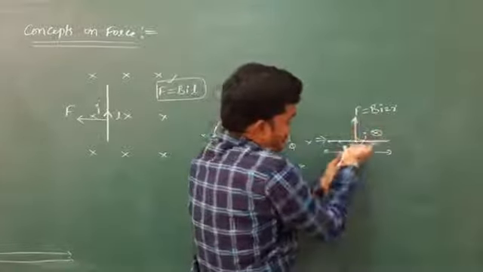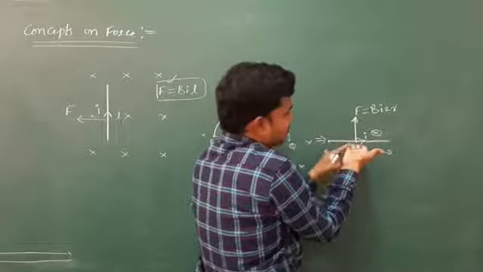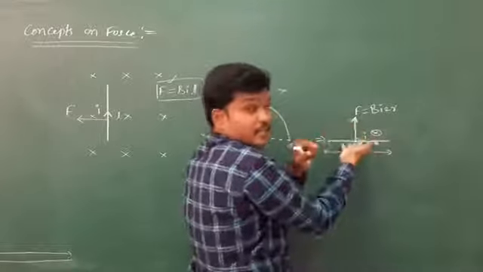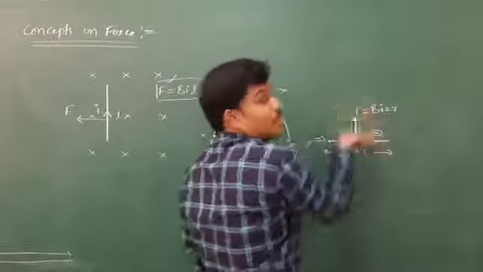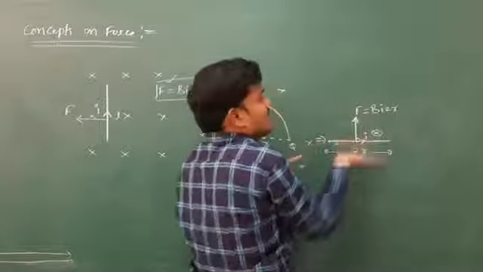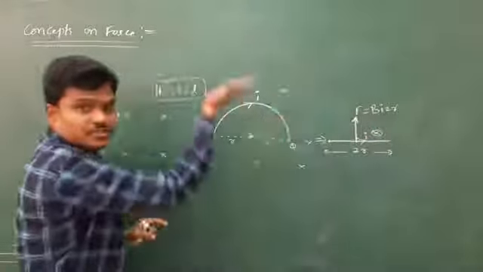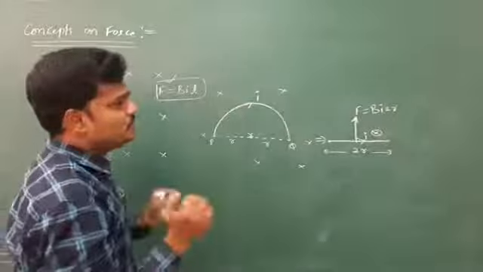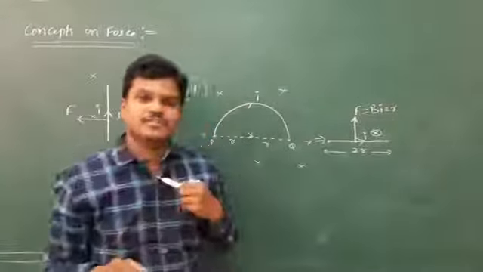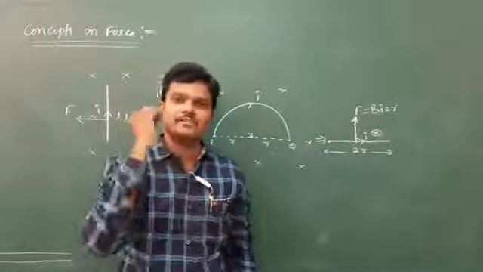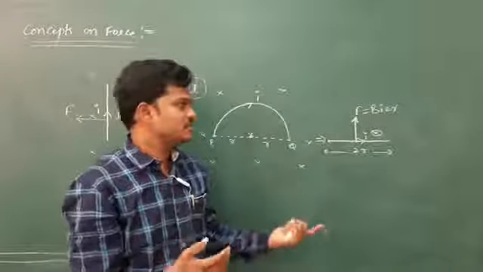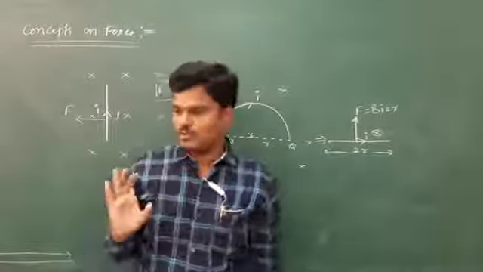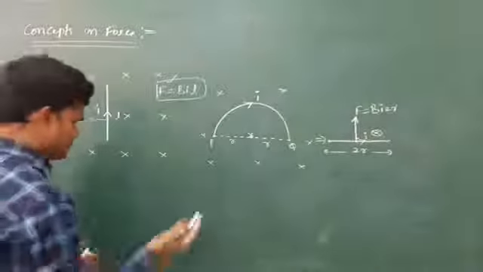So here, if I place my hand, these fingers will give magnetic field. This is current, and see, the hand will move upwards. So this will show the direction of force. Okay. So follow the right hand rule. Based on your convenience, you can use the left hand rule, otherwise the right hand rule. I am going to use two rules. So based on the situation, you can use any rule. Okay. Now let us see one more.